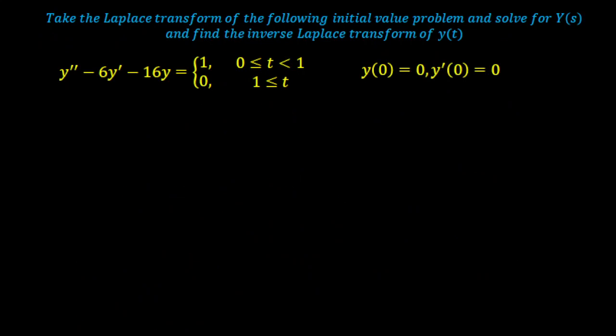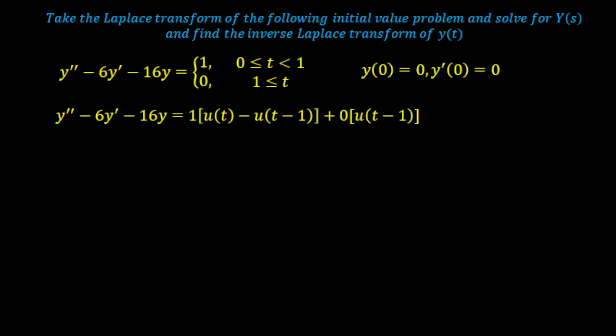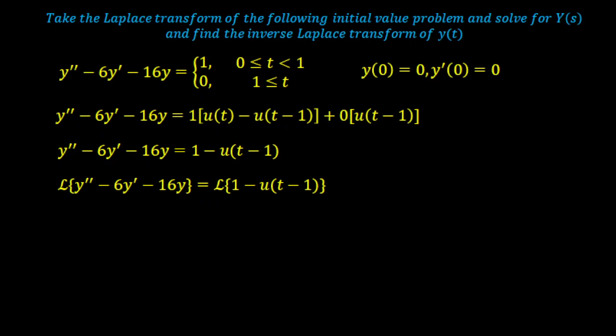So we're going to go back to our original problem. We have this. This can be rewritten as this. To easily remember this, you can write 1 here and then subtract right away u of t minus u of t minus 1 here. This just cancels because this is 0. Then we have this. Taking the Laplace transform of both sides of the equation and using these formulas here,